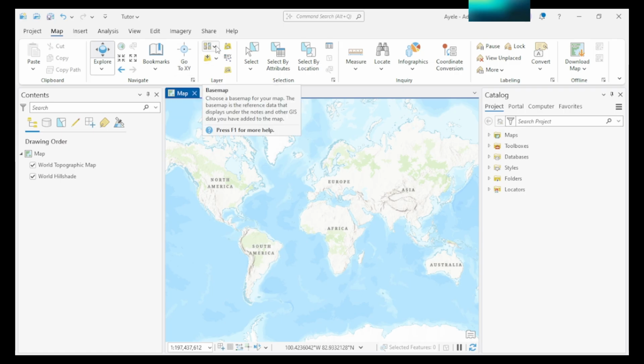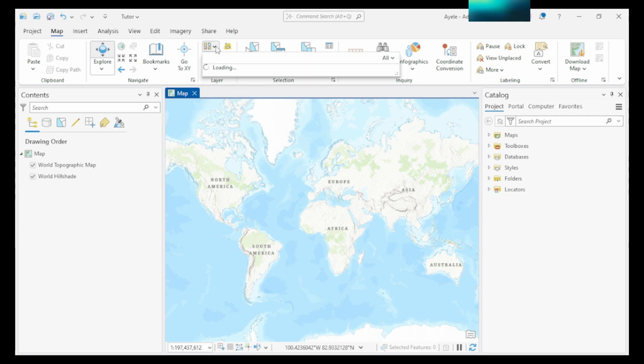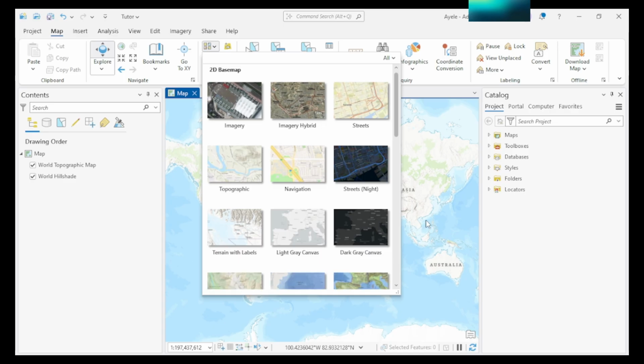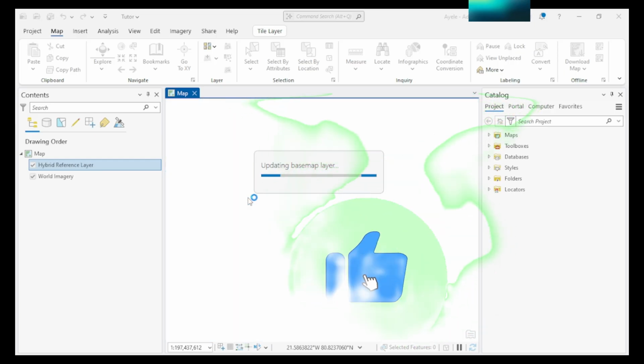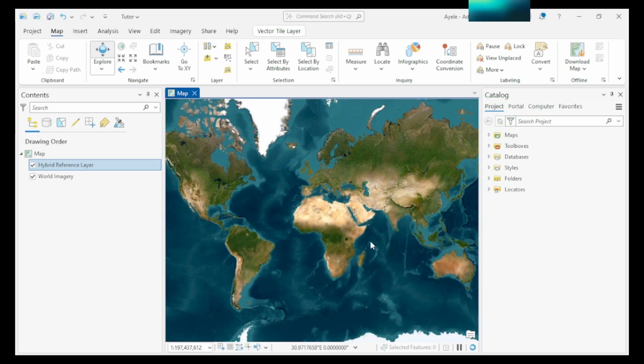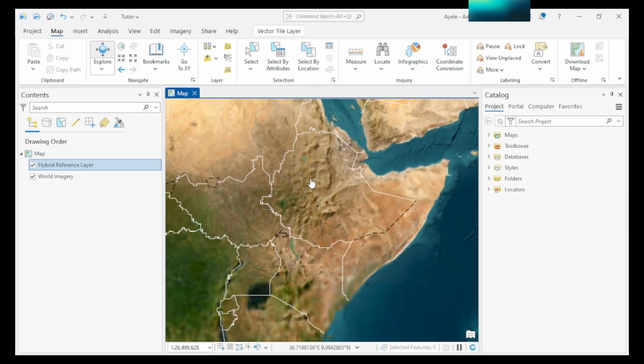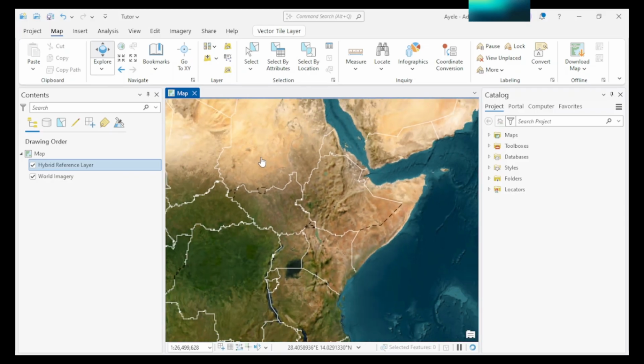And now let me add here a base map. If you want to change your base map, this one is the default base map, you can add, like, hybrid imagery. Like this, you can change your base map.